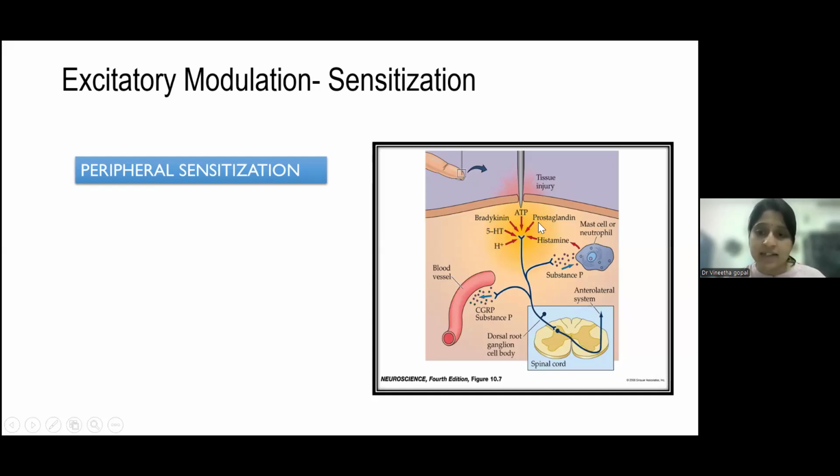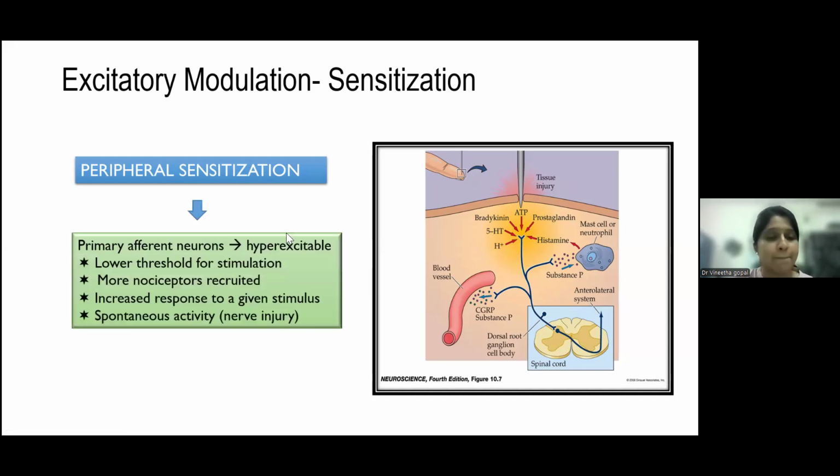And these mediators act on various receptors in this afferent nerve ending and activate the nociceptors. So more tissue injury means more mast cells and neutrophils are activated, and more inflammatory mediators are released. This is known as inflammatory soup. All this bradykinin, prostaglandin, histamine together is known as inflammatory soup. This inflammatory soup goes on activating the nociceptors, and the net result is that this primary afferent neuron